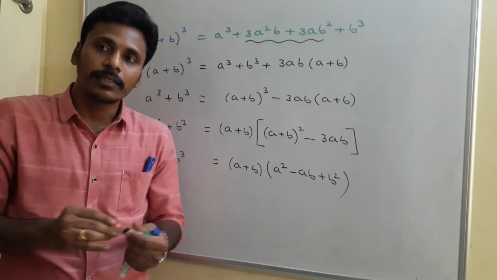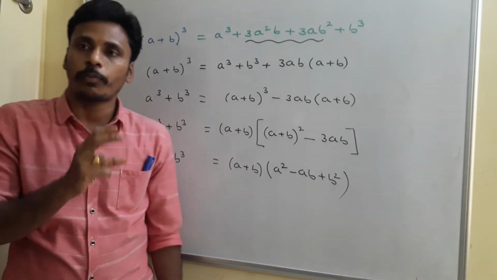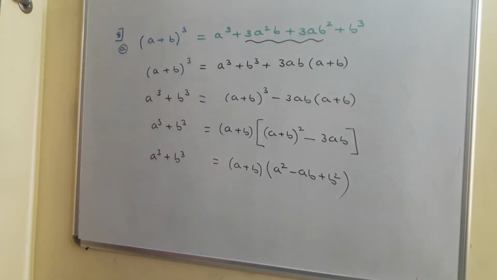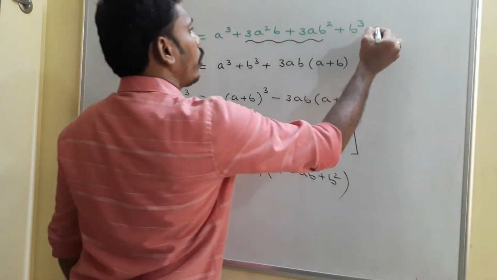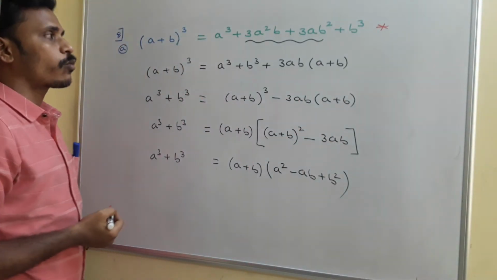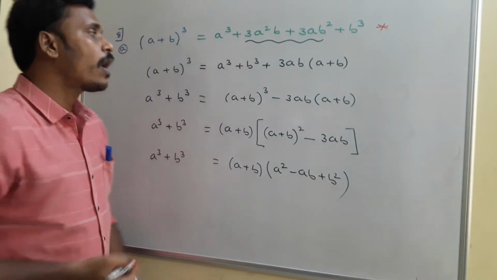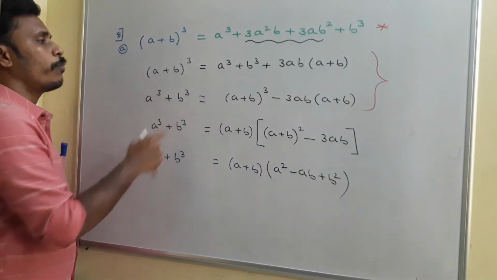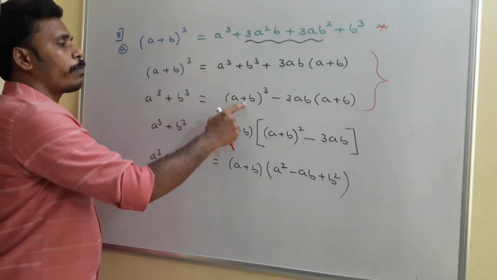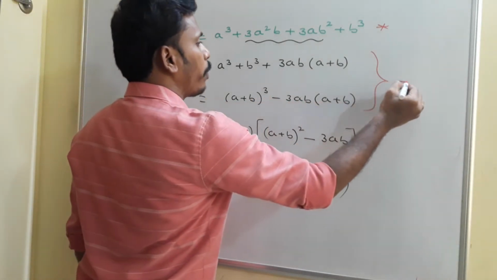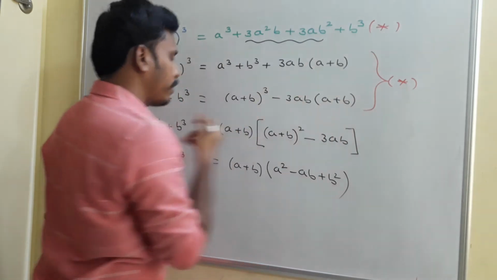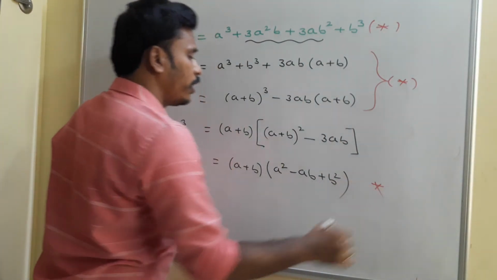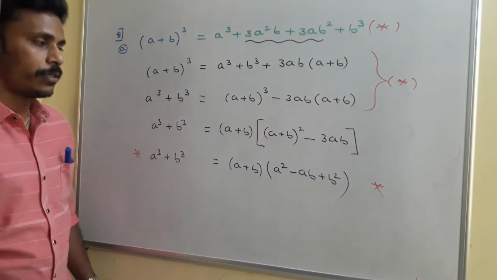All these changes are very much important to identify to solve the problems. Among all those things, you need to memorize the first one. A plus b whole cube is equal to a cube plus 3a square b plus 3ab square plus b cube. And in some cases, we can use any one of these two. Both are the same actually. So you may say a cube plus b cube is equal to a plus b whole cube minus 3ab of a plus b. This is also important. And at the end, the last one, a cube plus b cube is equal to a plus b into a square minus ab plus b square.